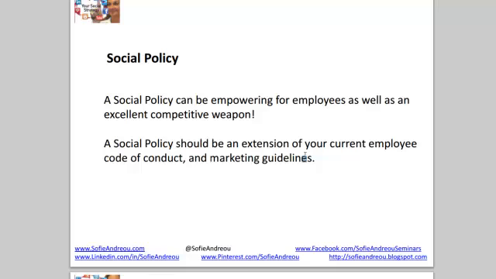Social media policies should be an extension of your current code of conduct and marketing guidelines. So for example, right now, if you happen to have one person in your company who speaks to the press, then it's still that one person's job to speak to the press. If you have a code of conduct that says your employees are not allowed to talk trash about the company,